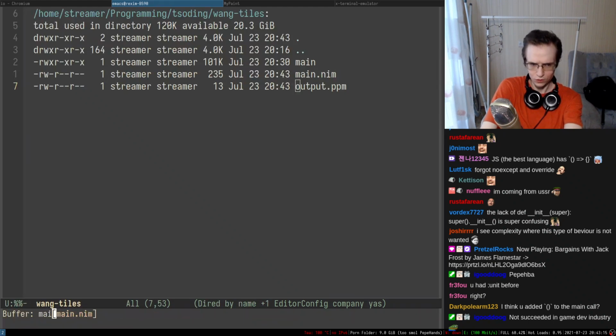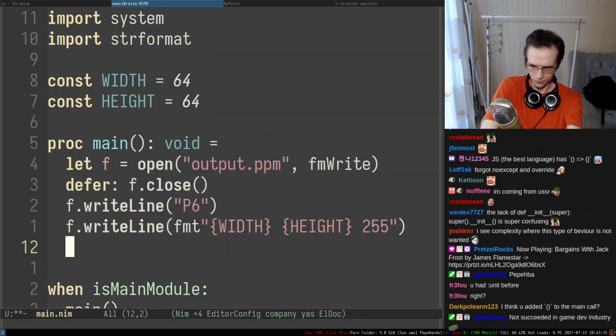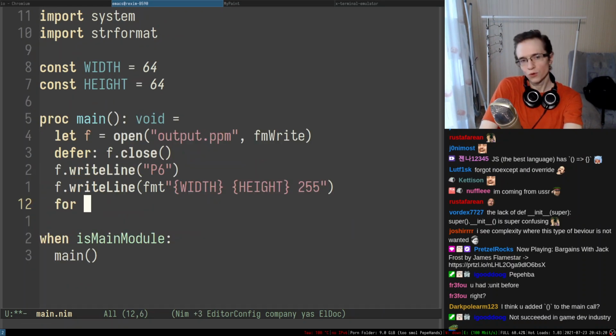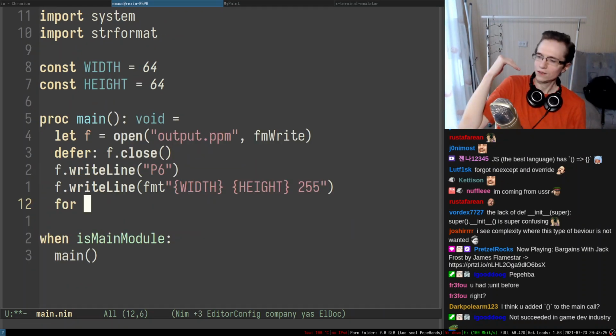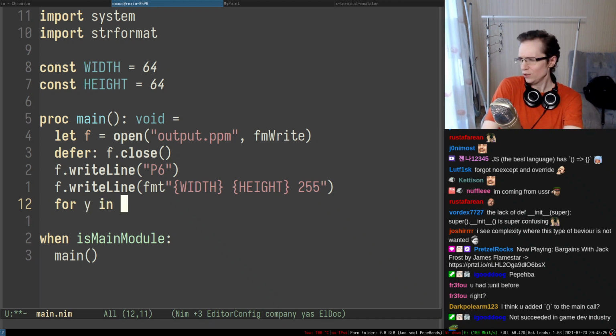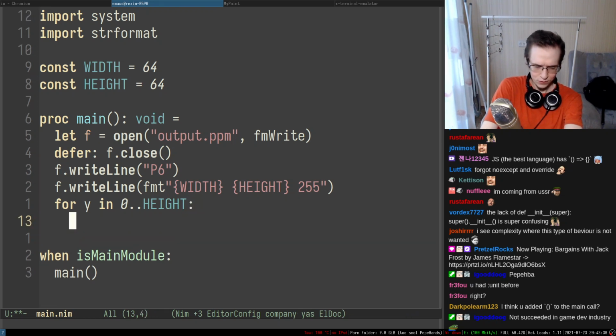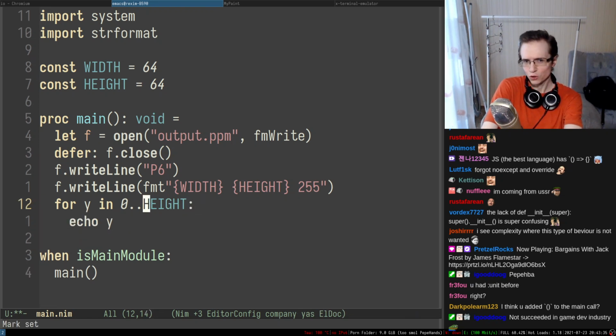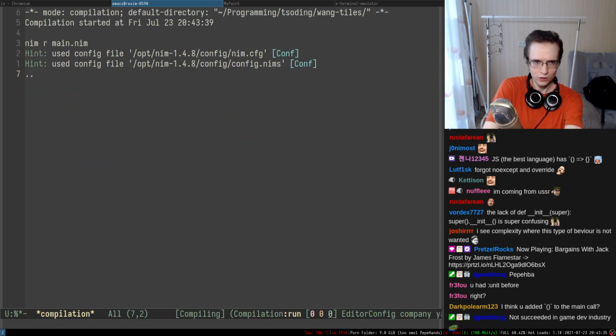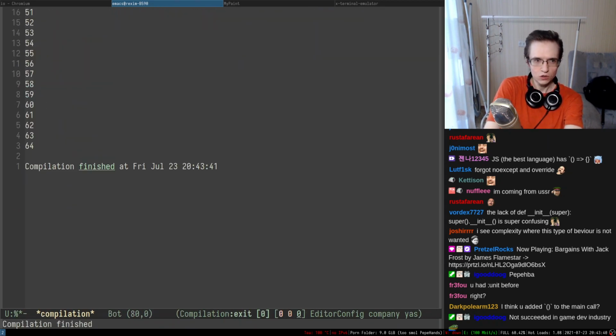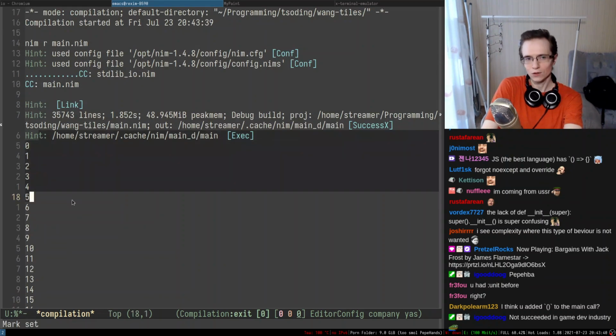So the next thing we can do, we figured out how to do all of this, which is pretty cool, we need to do a for loop, right? So we're gonna iterate by rows. We're gonna do y in, I think this is how we iterate from 0 to height. If I iterate from 0 to height, I think it does not include the last element, but I'm not sure. So let's try to run this entire thing and see. Oh, it did in fact include the last element.